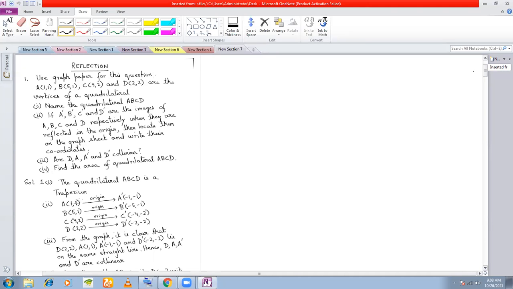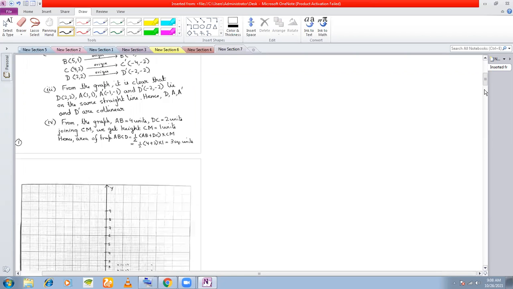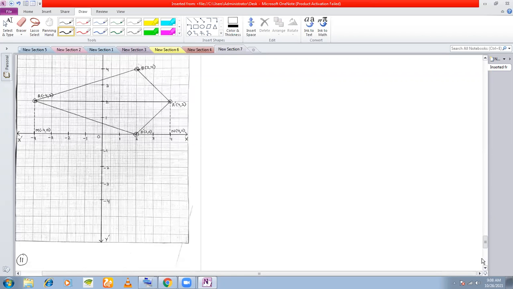Okay, now see here, first you will have to decide the scale of the graph. Now you see the coordinates here: A is (1, 1), then x coordinate 5, y coordinate 1, x coordinate 4, y coordinate 2, and x coordinate 2, y coordinate 2. So that means x extends till 5, because the maximum value of the x coordinate here is 5, and y extends only till 2.